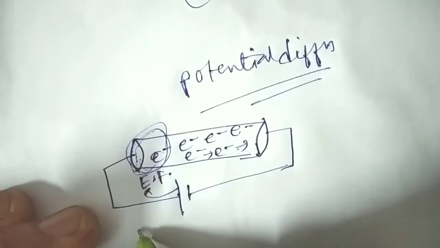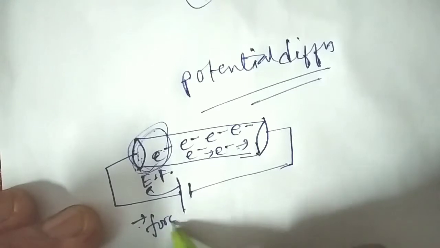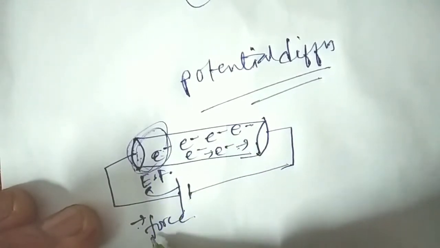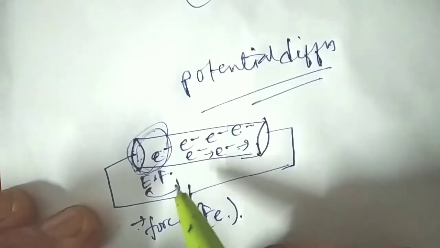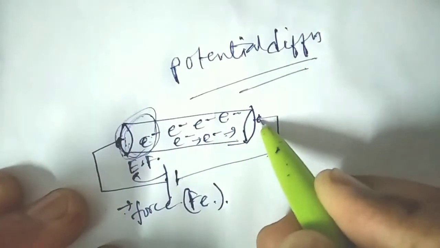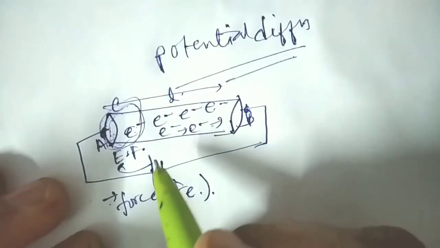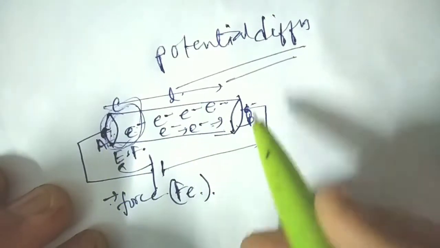Now this electric field generates one more kind of term here, that is called force. See, electrons will not move automatically. We need to provide some force. This force, let me say it as electric force. What do you call it? Electric force. Okay. So this electric force needs to do some work from this point to this point. Okay. Let me take point A to point B. Let me take the length of the conductor as L. Right. So now this force needs to do some work to move these electrons from point A to point B.